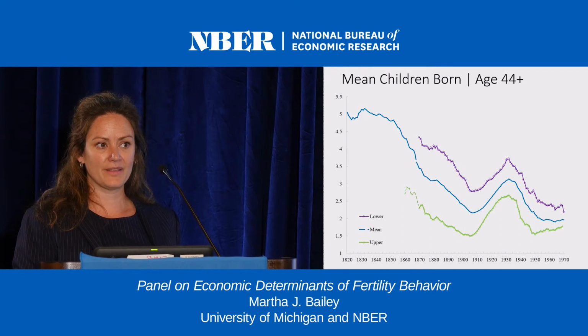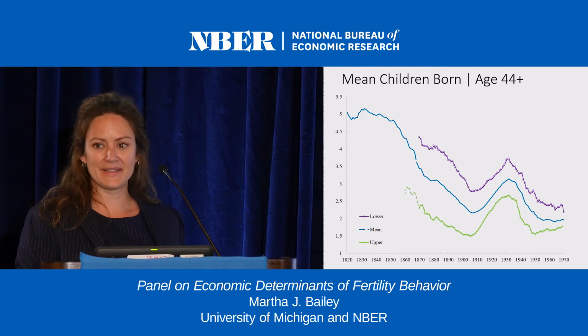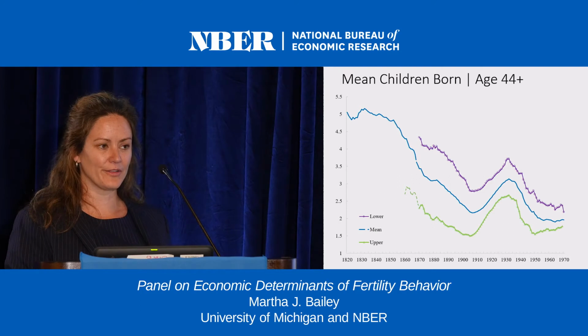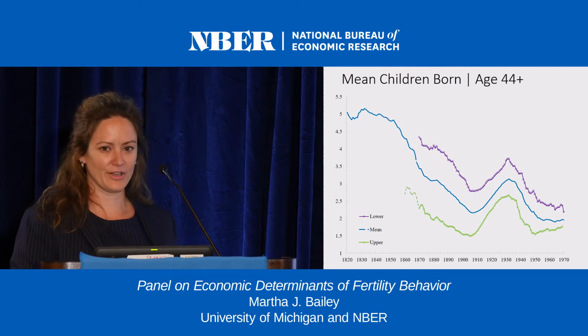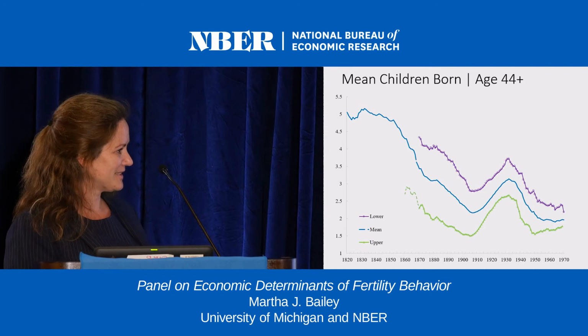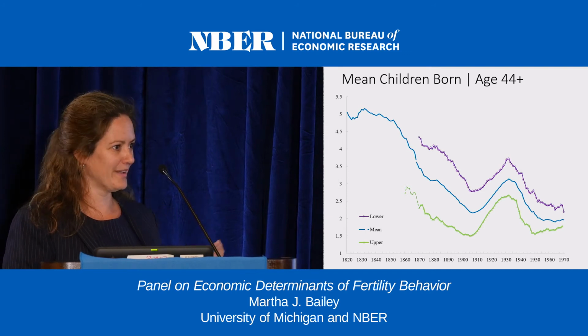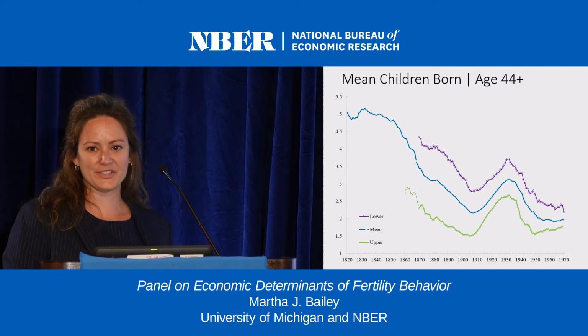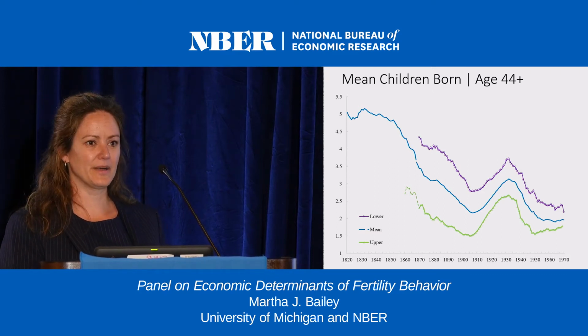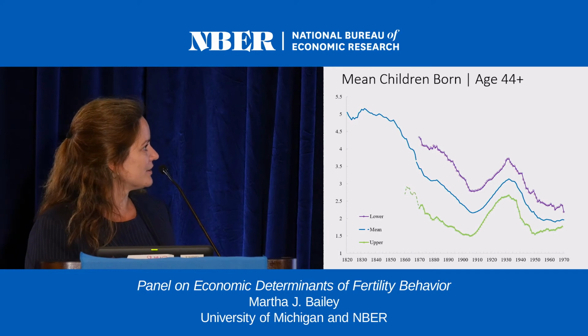So if you think that the behavior of the affluent is a leading indicator of what's going to happen for others, Princess Diana had 2 children, Kate Middleton had 3, and we're talking about 4 type of situation. Chelsea Clinton just welcomed her 3rd, right? This might be an indication that fertility rates, especially among more affluent women, will continue to rise.